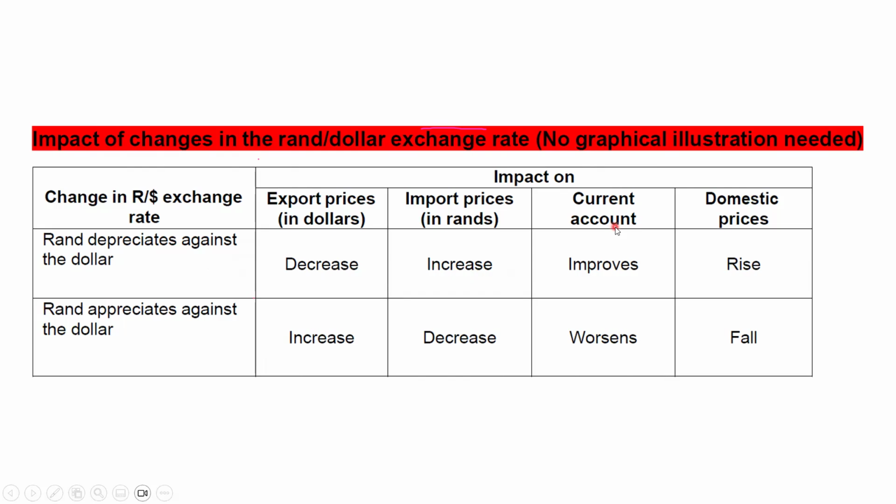It will improve, right? So the current account will improve because remember in the current account, we have our imports and exports. And we look at our exports as income, and our imports as expenses. Right, because our imports, this is the money leaving the economy. And our exports, this is the money coming in to the economy. It's an injection. So if the exports are decreasing,